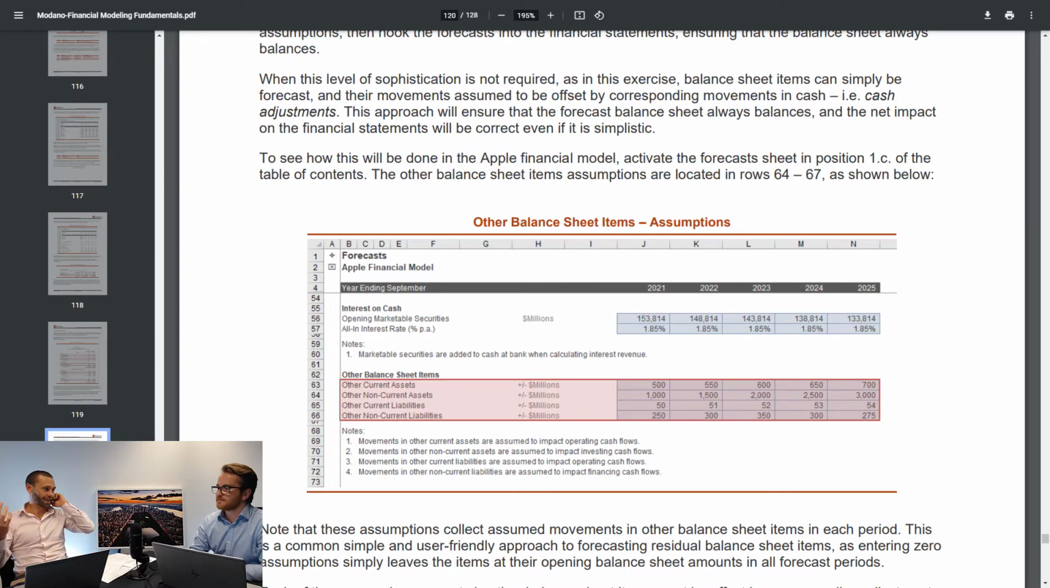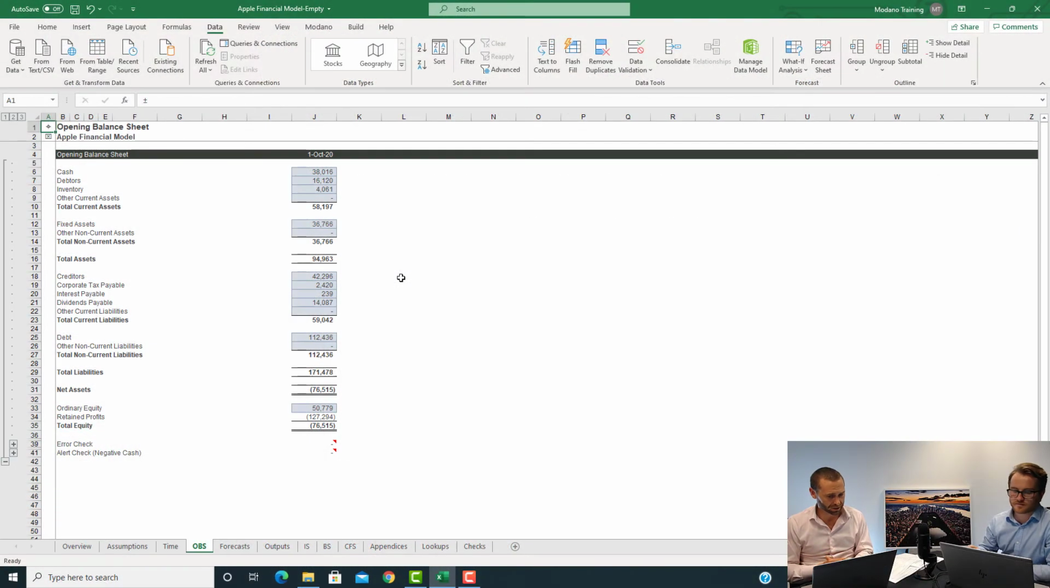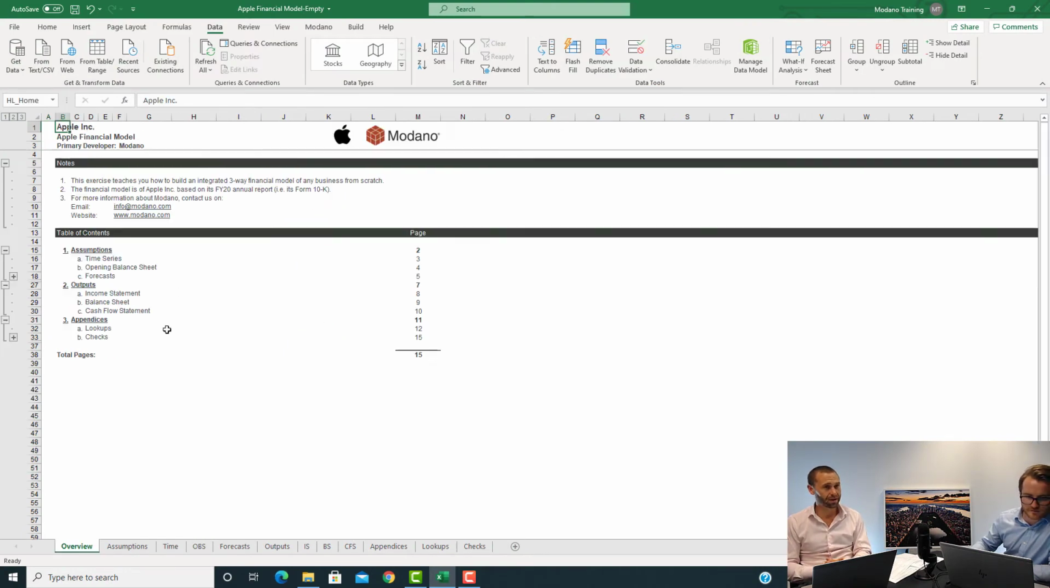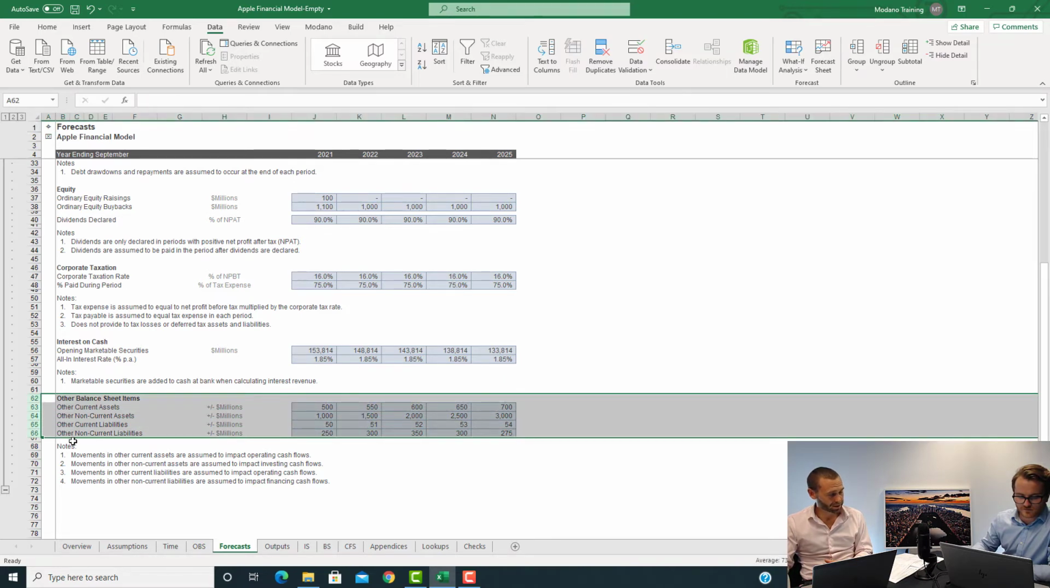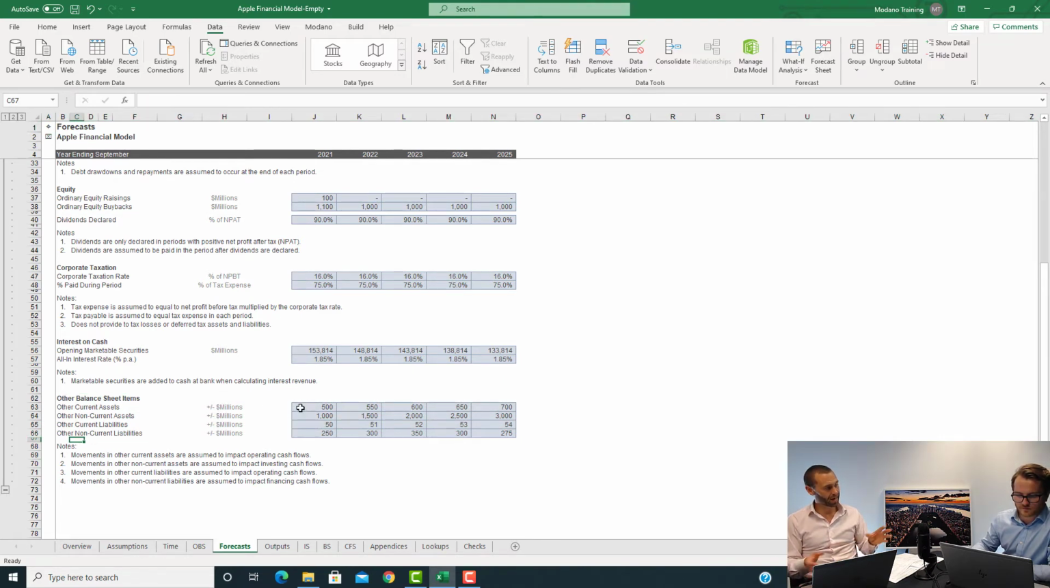So you're sort of like, I don't really care. Most of the time, if you know what's driving them, you'd normally model them using drivers. If you don't, you'd model them flat, so the balance sheet balances, or you'd model them just using movements. The approach we've used, if you go to the forecast section of the assumptions, 1C, is we've just put in other balance sheet items, and we've just put plus or minus millions,